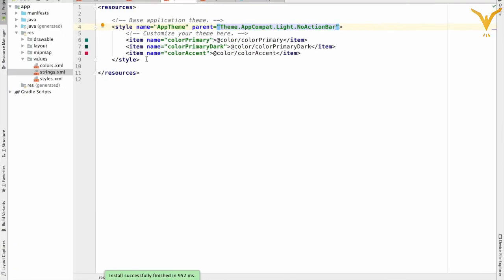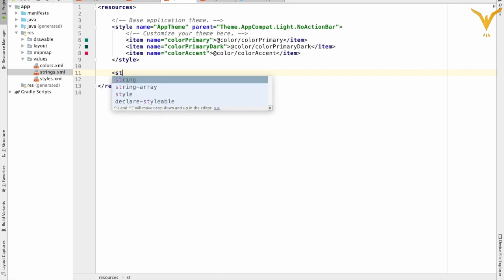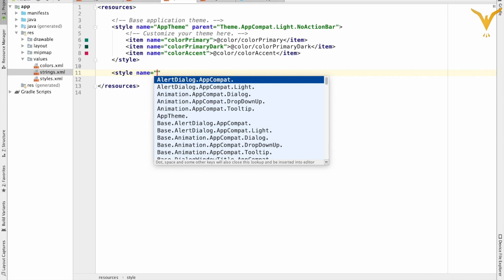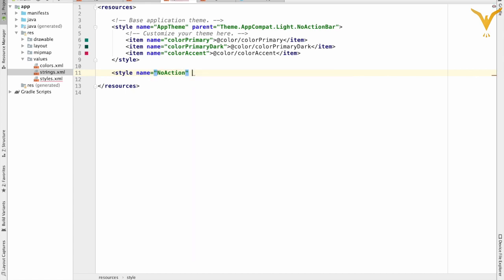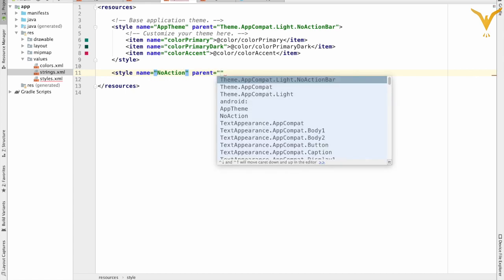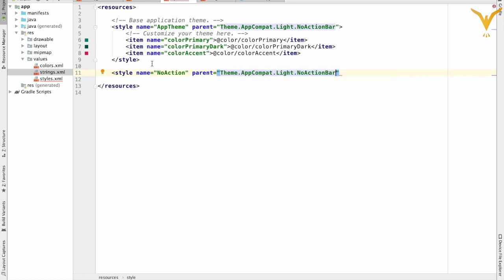Here you can define n number of styles as per your requirement. Let's define our own style. Name it as no action. We'll give parent as Theme.AppCompat.Light.NoActionBar.